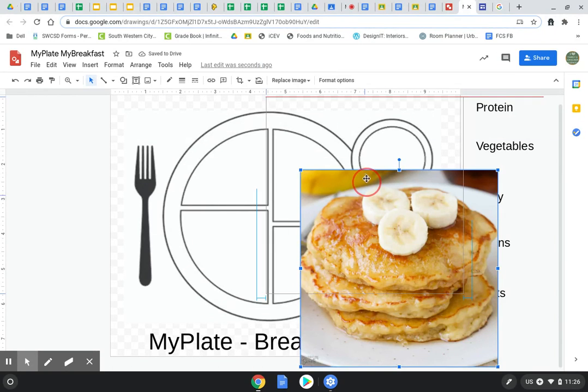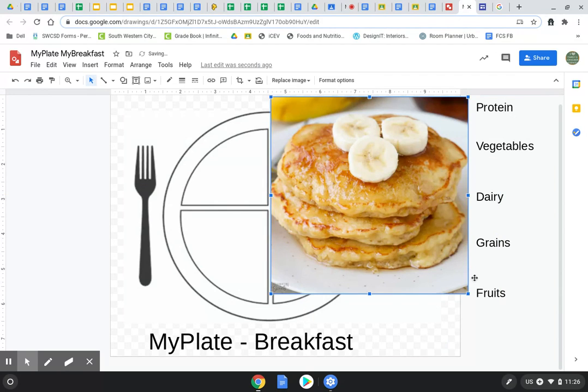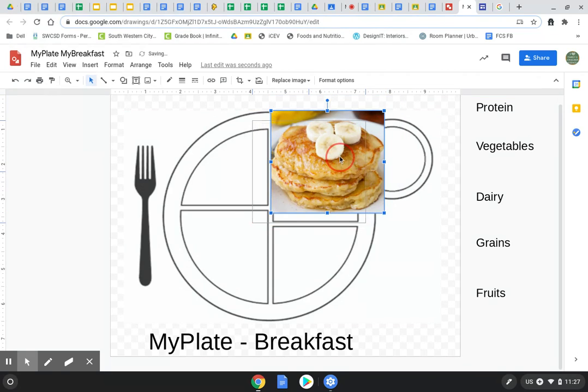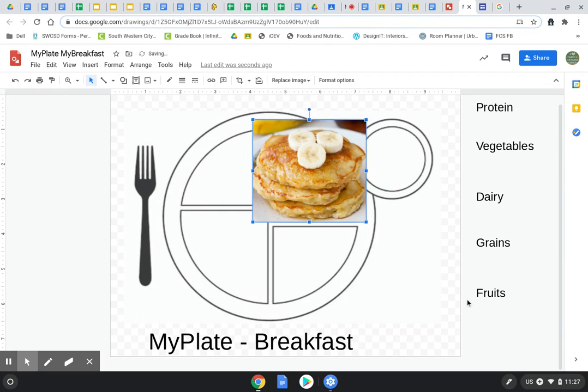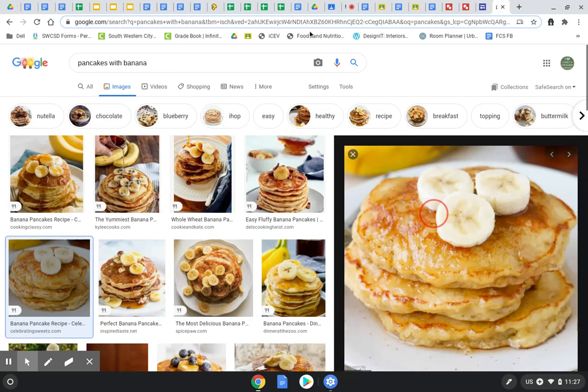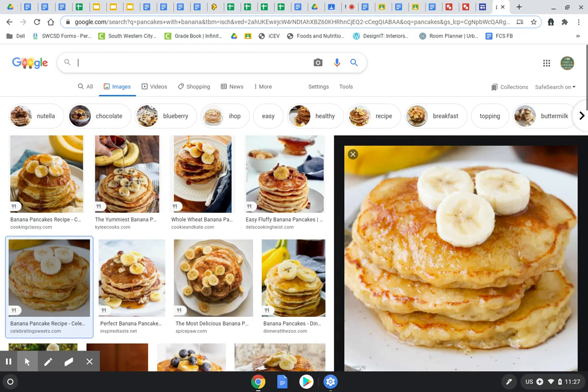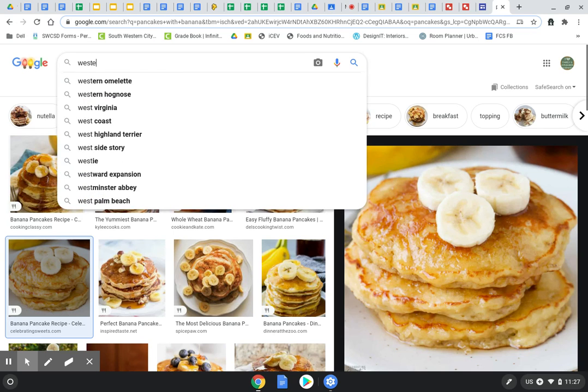Okay, now you might have to scale your picture a little bit. Maybe you need to crop it a little bit. Ugh, I hate that red circle. I don't know how I got that. so that it kind of fits on your plate. All right, and I'm going to look for an omelet like Nick had. I'd almost call your omelet pretty close to a Western omelet there, Nick.